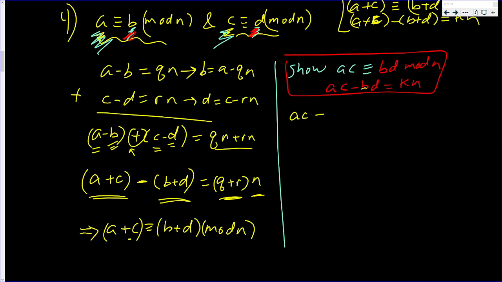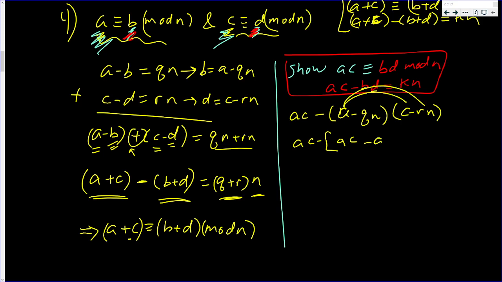So, bd. b is a minus qn times d, which is c minus rn. Well, this is ac minus arn minus cqn plus